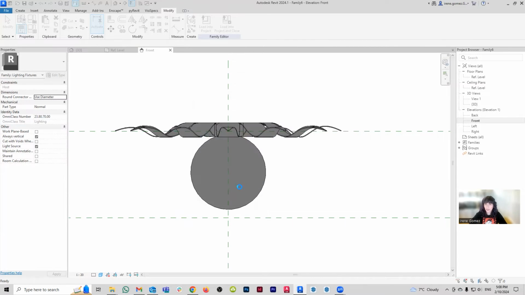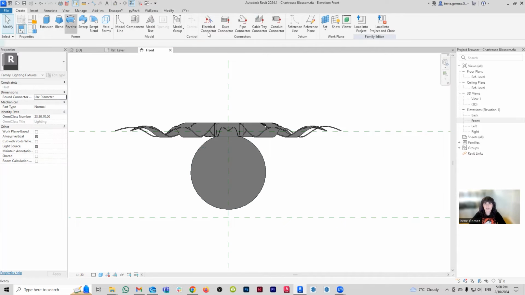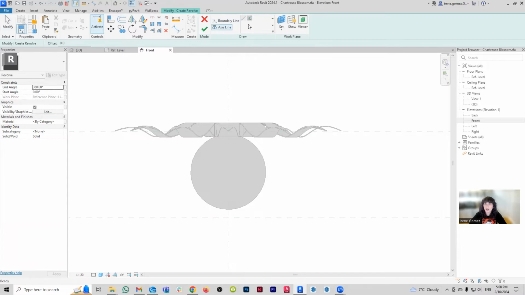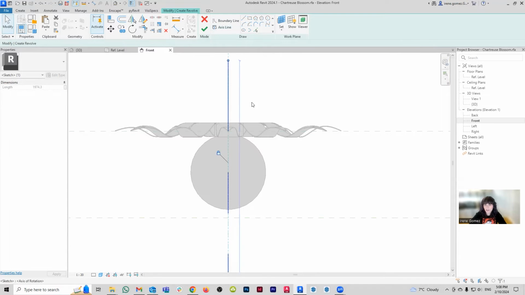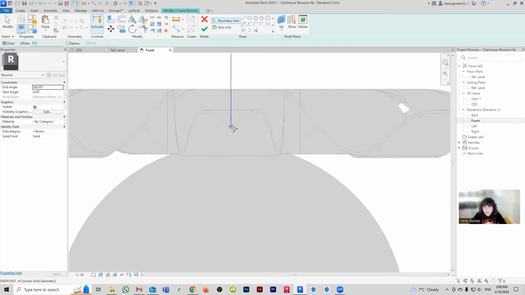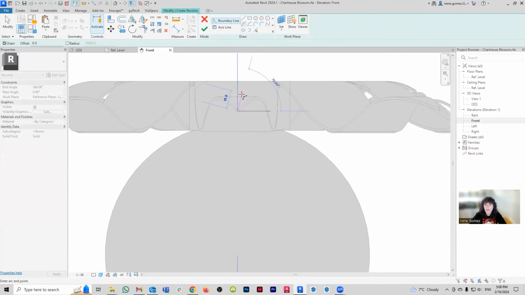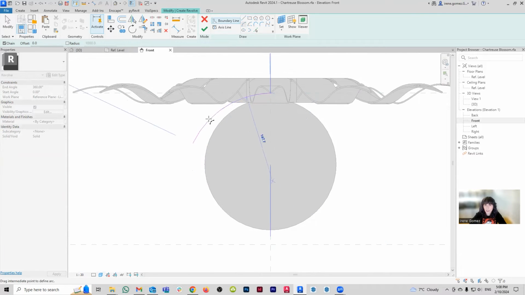Okay, all right. So now we're going to do the revolve that is going to be more the petal. And the reason that I like to create the sphere first is because it gives me a guiding line to follow. So I'm going to do my axis again, exactly the same. But now for my boundary, I can start here from the center, if I can find the center, and I can just try to follow, but not 100%. So in some areas, it's going to bulge a little bit more, and then in some others, it's going to bulge a little bit less.